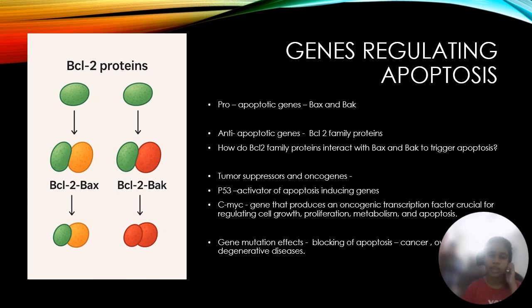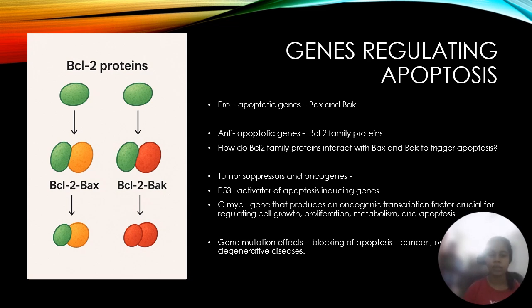Then there are anti-apoptotic genes. The main ones are the BCL2 family proteins. These are the genes that prevent apoptosis, so they help in promoting cell survival, for neurons and so on. In this family there are BCL2 and BCL-XL, the main proteins in this family. They help in stabilizing the mitochondrial membrane and block apoptotic factors, so this prevents overexpression.